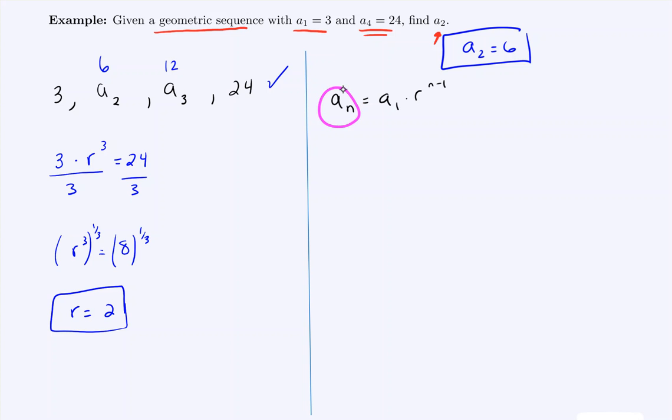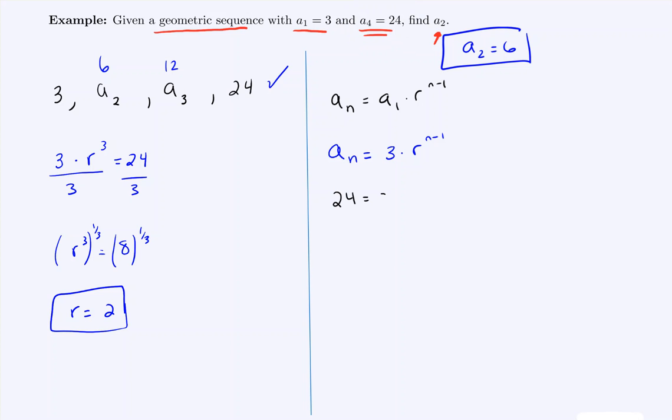Right now there's 1, 2, 3, 4 things that are represented by things we don't know. We actually know a sub 1, so let's substitute that. And then we'd need to know the common ratio to find the next term. So we're going to use this as a key. This means when n is 4, a sub 4 is 24, so we can write out